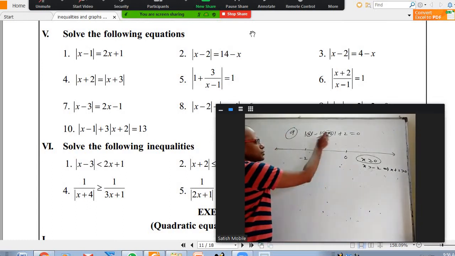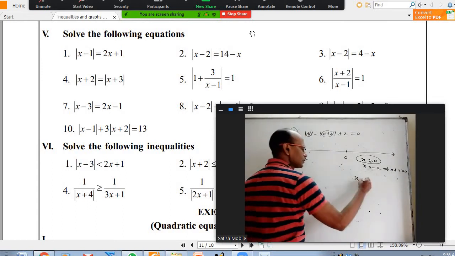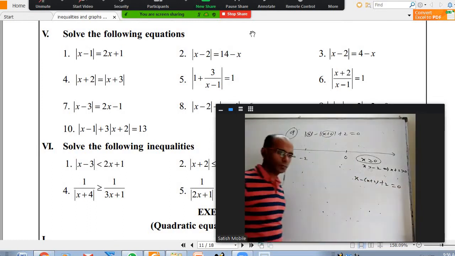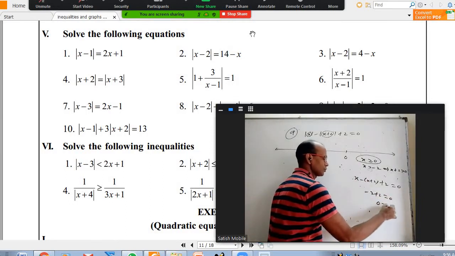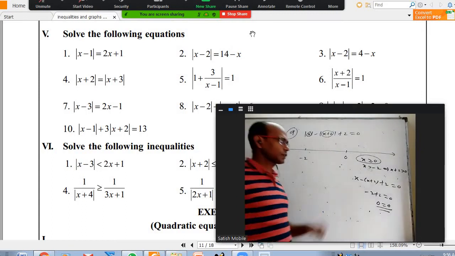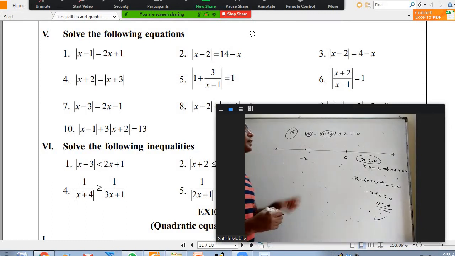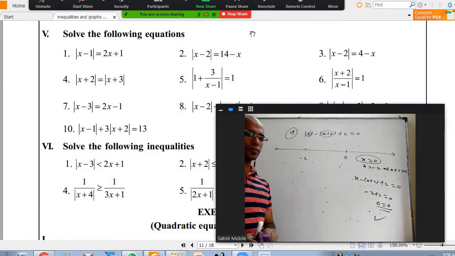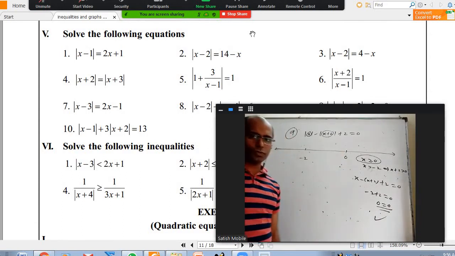Now this is positive, this is positive, so I can remove the mod. The equation becomes x, this will become x plus 2, this will become plus 2. You can say x and x are cancelling. We are getting minus 2 plus 2 is 0, which is 0 equal to 0. So this is correct. That means when you take any number more than 0, it is always right. You can take 1, 5, 5.2, 100, 1000, 100.3, all will satisfy. So for this, every number after 0 is a solution.